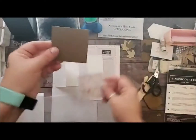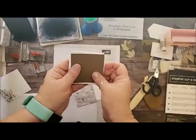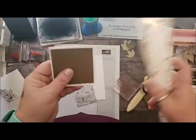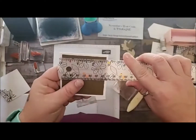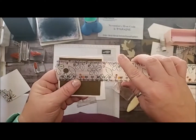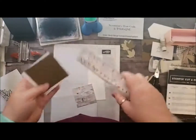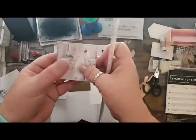Okay, and then this is the Soft Suede layer, and I'm really terrible at remembering. I'll have all of this on my blog tomorrow, so I'll have the measurements. Okay, this looks like it's 2 7/8 by 2 7/8. And then I did cut up the fabulous